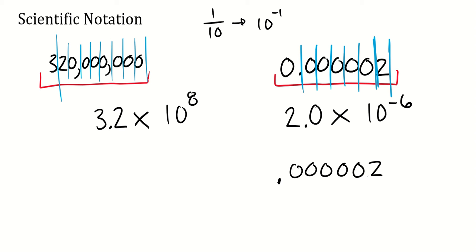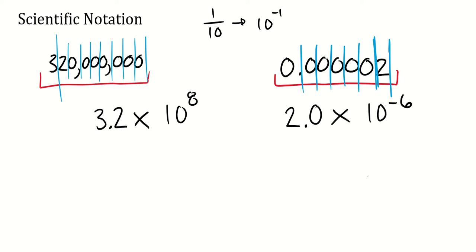I might verify this by just writing the number again or just using the original one. But as I count backwards, you can see I've got 1, 2, 3, 4, 5, 6. So I definitely needed to do this. I needed to move my decimal place 6 places. And I was moving them to the left, which means I'm dividing by 10, so I've got